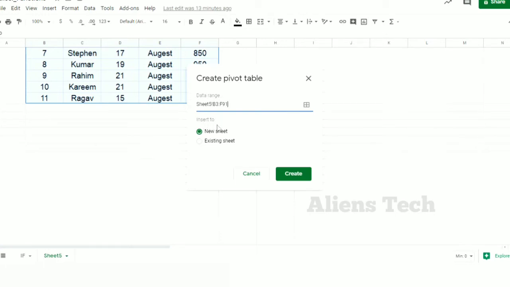Then you can see one more option called insert into. Here we have two options, new sheet and existing sheet, and it is always recommended to use the pivot table in a new sheet. The reason is that the main use of a pivot table is minimizing the data from a large data collection. Let's assume we have 20,000 records, and if you save the pivot table in the same sheet,